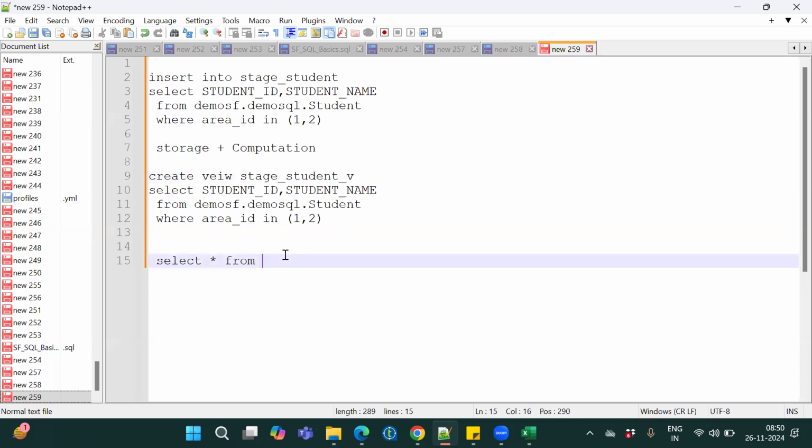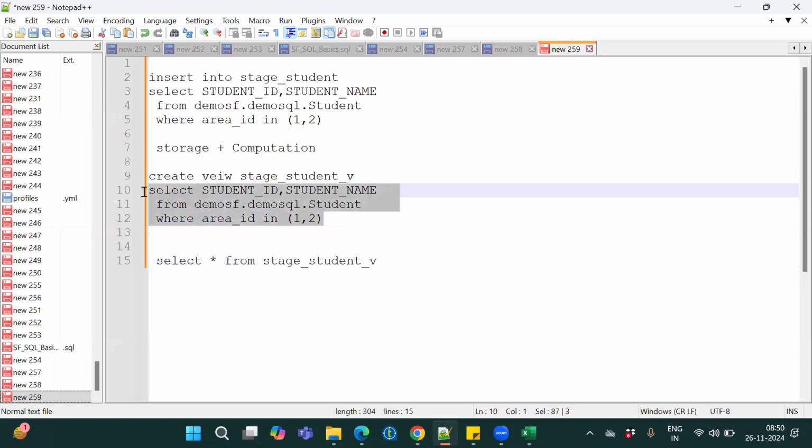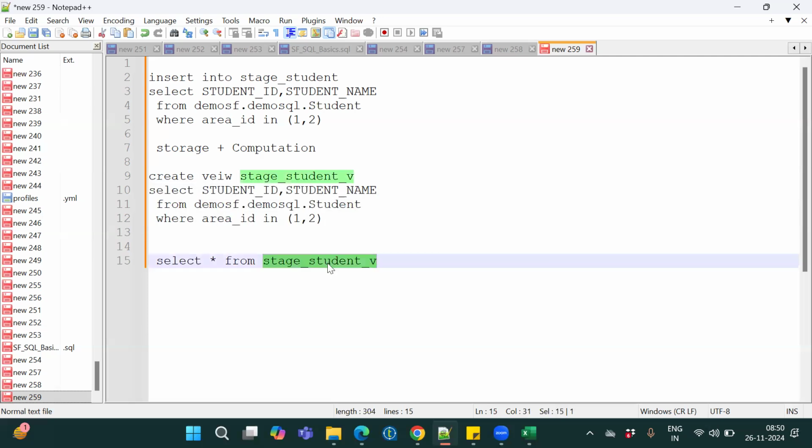Now when you fetch the data, when you want to see this data, you need to write a query like this. You have triggered stage student view, so this view triggers the select statement inside it, and then it will pull the data. It means if you just want to validate any data and don't want to store it permanently, you go ahead and create a view. There are some cases where you don't require storing the data. At that time, use a view